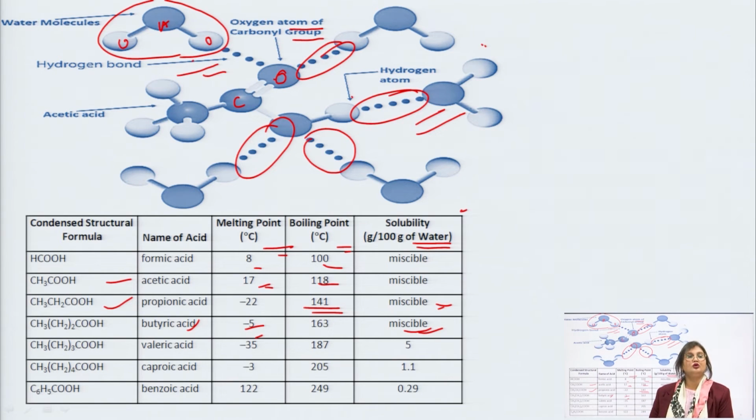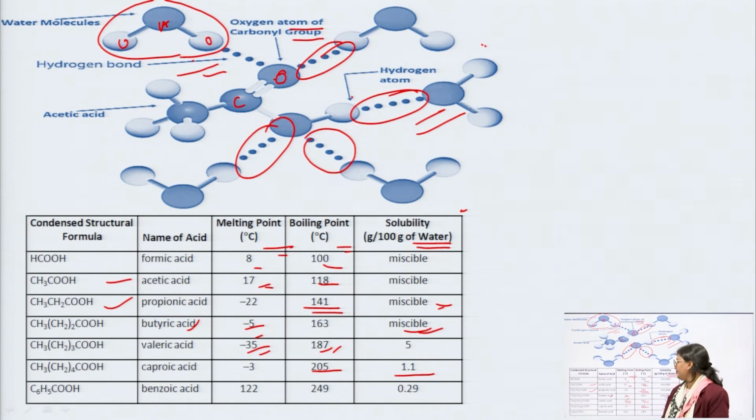Next, moving on to valeric acid. Valeric acid has a lower melting point of minus 35 degrees Celsius. It has a boiling point of 187 degrees Celsius and is only partly miscible in water. Next, caproic acid has a melting point of minus 3 degrees Celsius. It has a boiling point of 205 degrees Celsius and again it is partly miscible, 1.1 grams per 100 grams